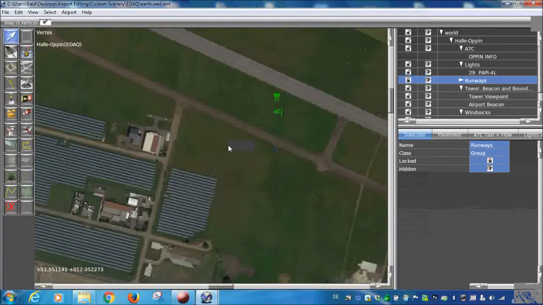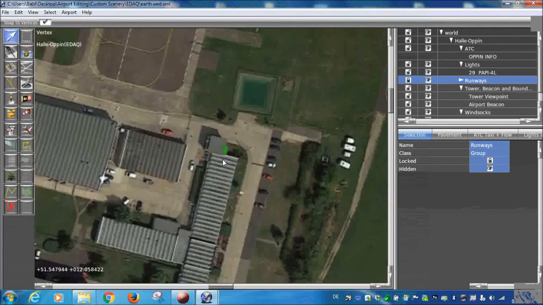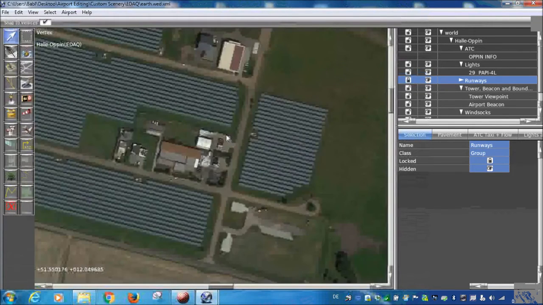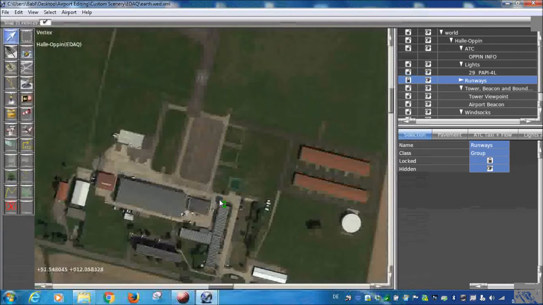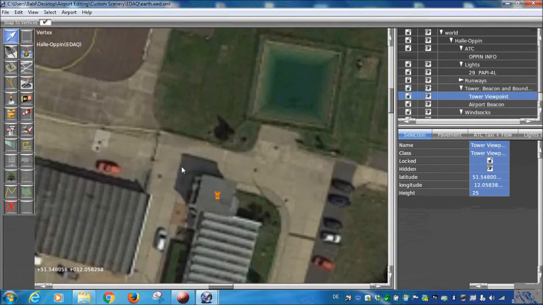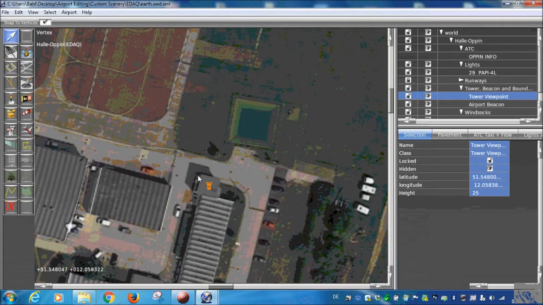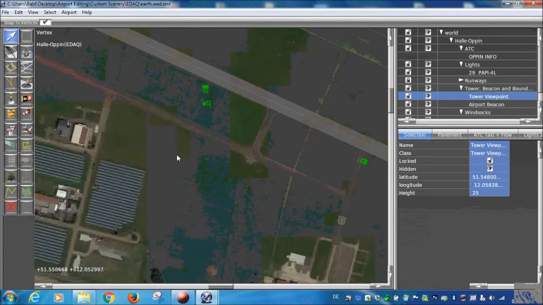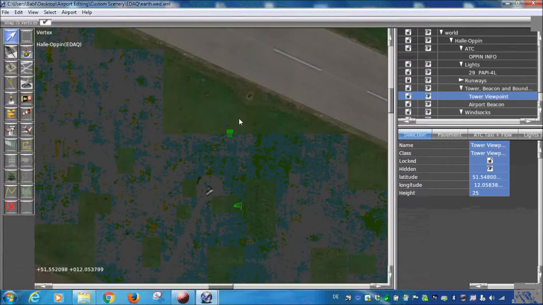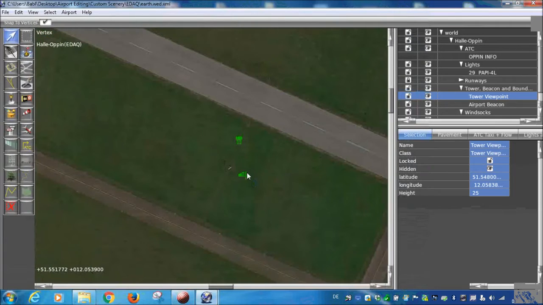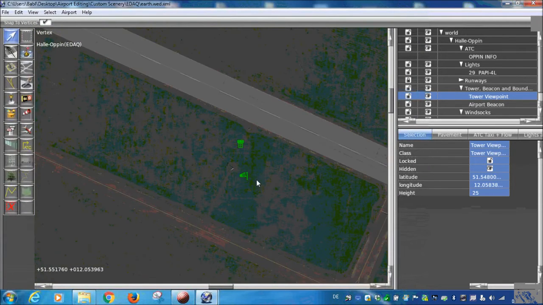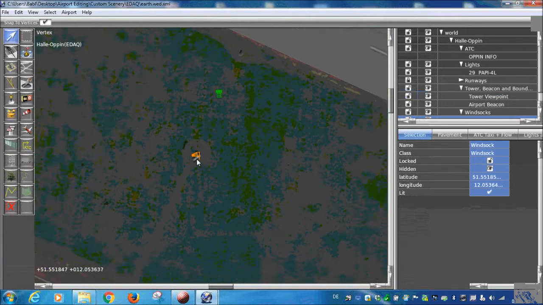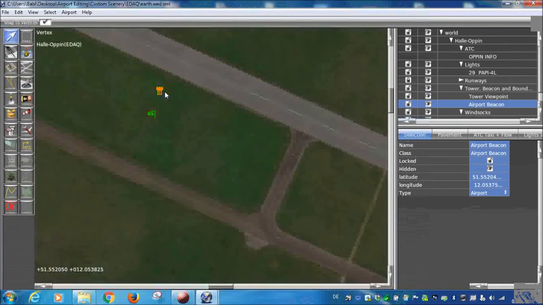Next, I will look where the tower is. It appears to be here, like it is already indicated. You can see the shadow, it seems to be larger, and the beacon is also positioned on the tower. So if you don't have any indications on maps that it is anywhere else, just put it on the tower. You can also see here's the windsock, so we will position the windsock exactly on the windsock, and then we will move the beacon